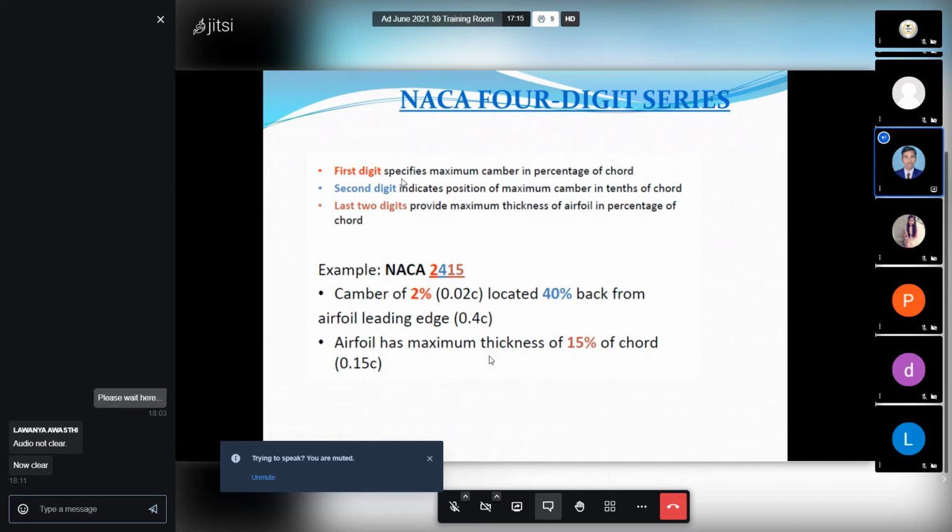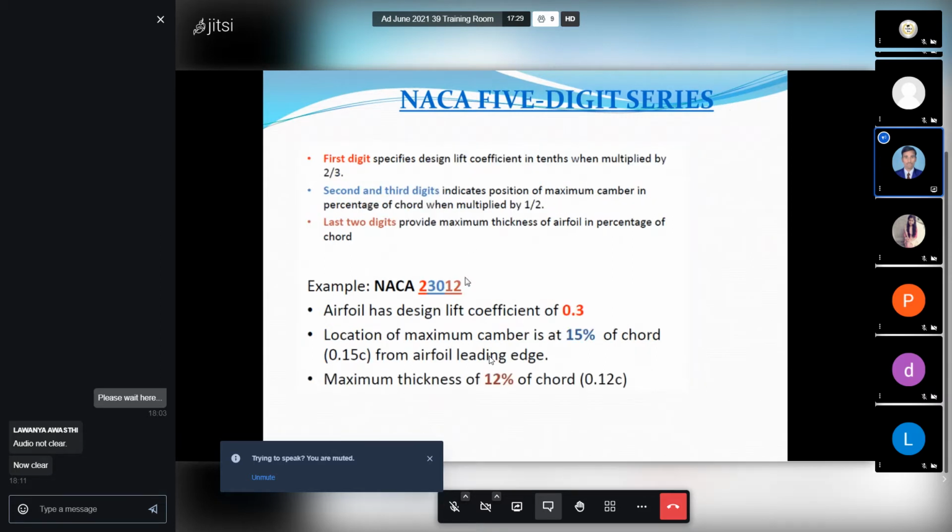So the first digit specifies the maximum camber in percentage of chord. The second digit, 4, indicates the position of the maximum camber in tenths of chord, and the last 2 digits provide the maximum thickness of the aerofoil in percentage of chord. And if you are adding the 5th digit, or the 5-digit series, I will show all these things. In OpenVSP we can add this type of series, 4 series, 6 series, and other different series as per your requirement. Whichever NACA series aerofoil you need, you can select it and change your